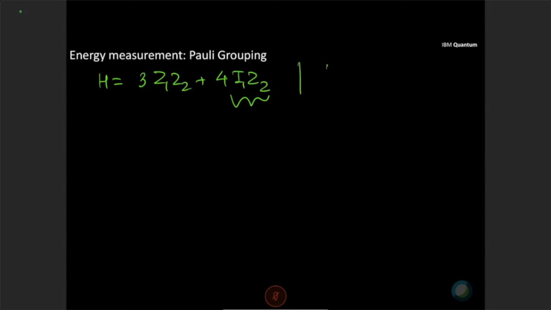Compare this with where you had some ZX plus IZ, right? Going from here to here, you needed a separate circuit because you needed the post rotation. But here it's very easy to go through, and I could probably do that for this example. When you want to measure